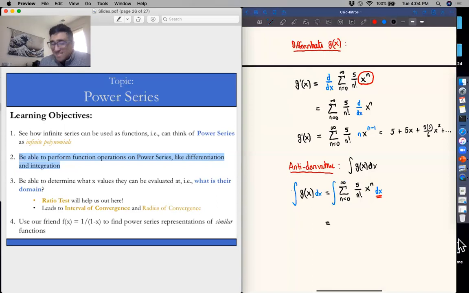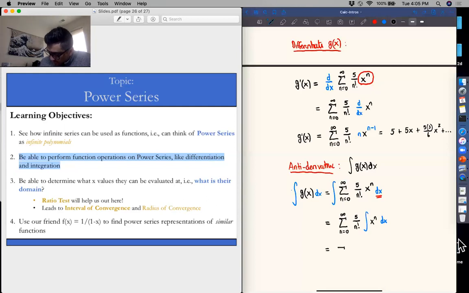So we can really pass this integral operator, or this integral sign, into the sum. It passes the summation sign sigma. It'll pass the 5 over n factorial. And in fact, it'll just touch and affect that x to the n term. And this x to the n term is x to some number. So if we do the antiderivative, we get to use the antiderivative power rule,